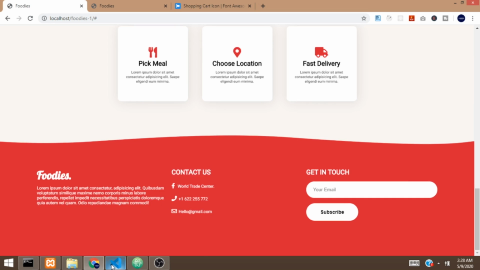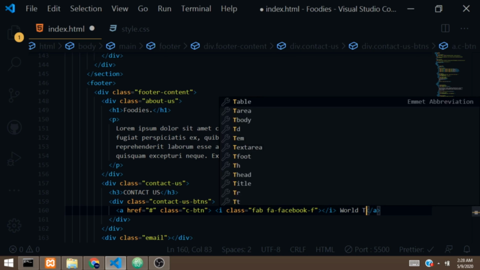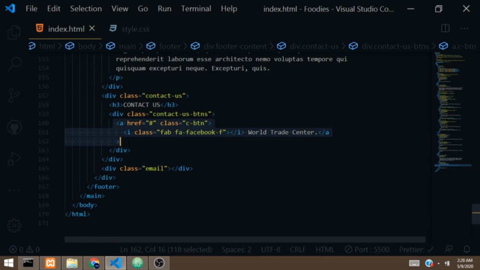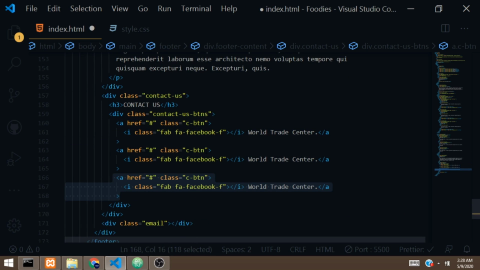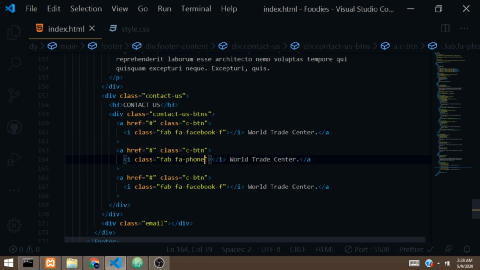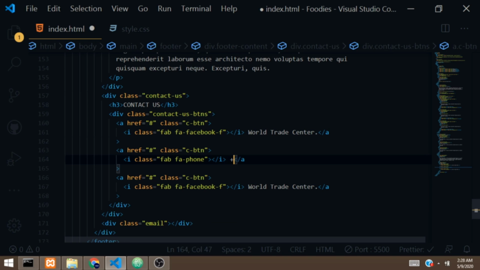Can't really copy it, so I'm going to type it in. The text is World Trade Center. And right now I'm going to duplicate this 2 times. We'll change this for a phone icon. So this is going to be for phone, and we are going to add a text. So add the number, that is